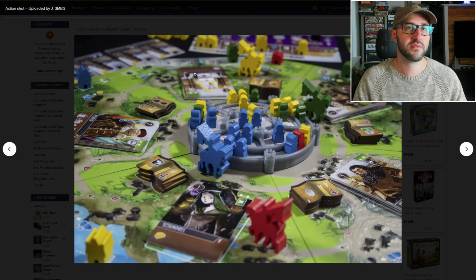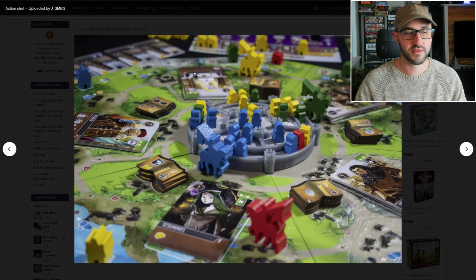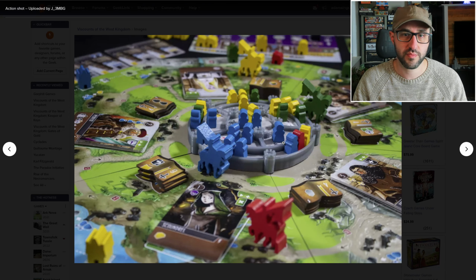And wherever you move your Viscount on the board is going to allow you to perform special actions. So you might be able to do things like gain resources, build buildings, collect sets of tokens for victory points at the end of the game, send workers out to the center area of the board, and if you ever